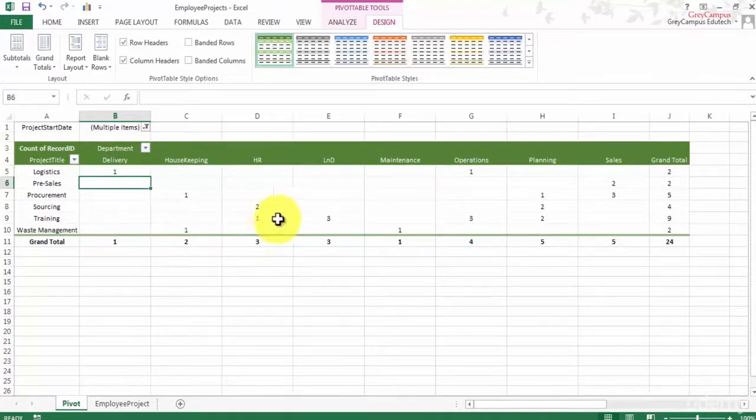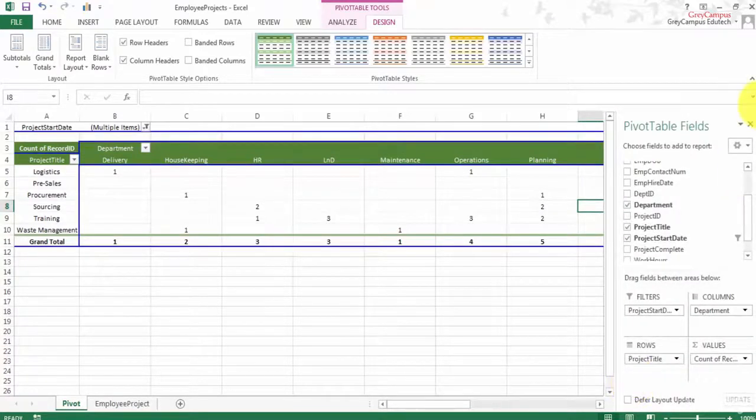So the breakup gives me all the details about the project, and this is the filter that I have put. The filter is on date, the row is here on project title, and the column displays the department. So it's a combination of different types of data that we are showcasing in this particular pivot.